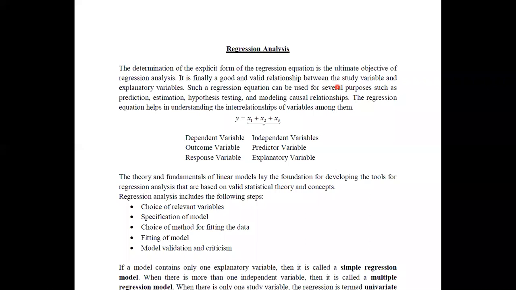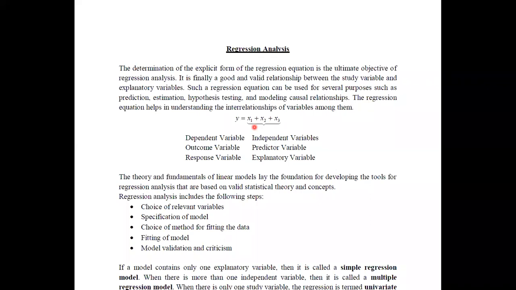Since regression helps us identify the relationship among variables, we can take a simple form of regression equation as an example, just to get an idea regarding the study variable and the explanatory variables.